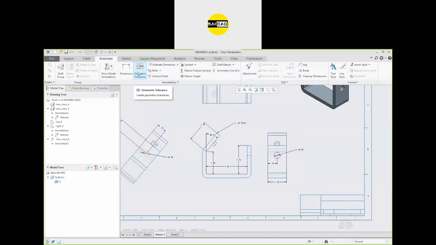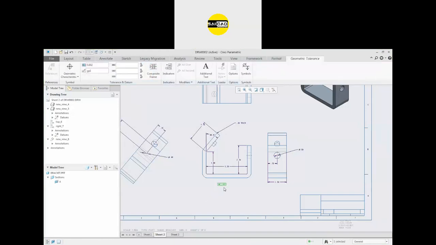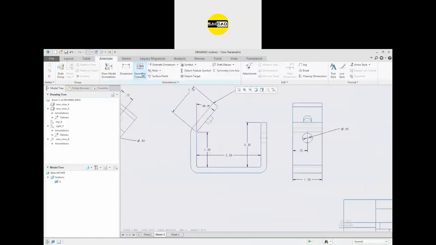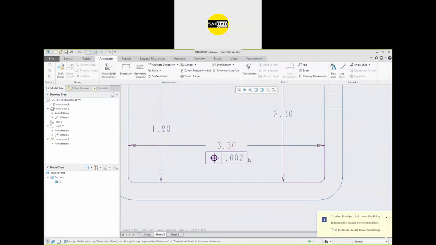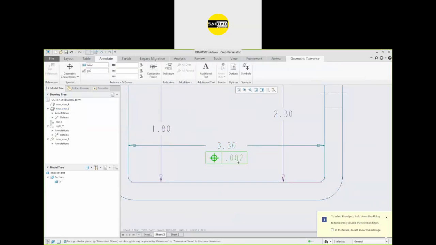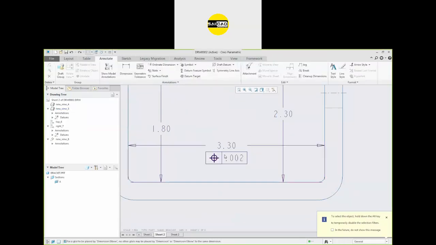Previously, when I select the object, we have this one like that. Now, if you select the view, the first thing is you can add this symbol here, or you can add the value with that. Like go to the tolerance.